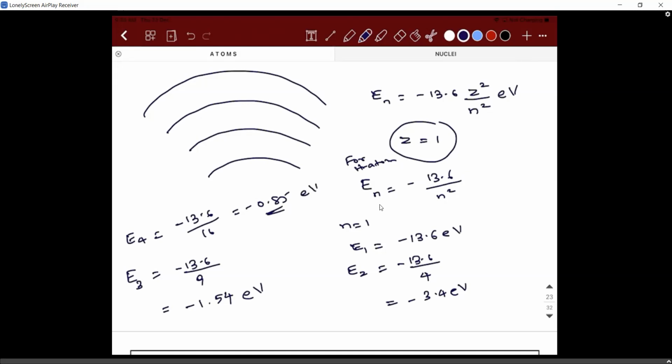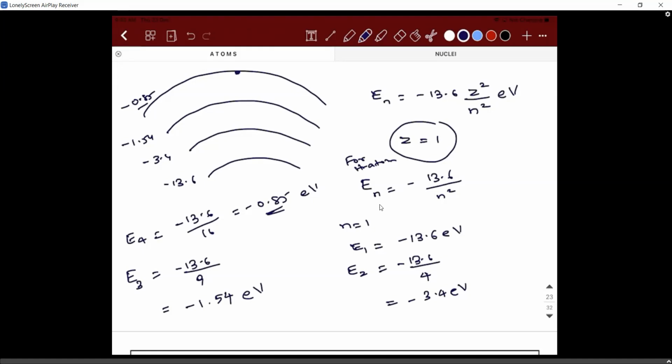So you are able to understand that the energy of the electron in this orbit is minus 13.6, here it is minus 3.4, here minus 1.54, minus 0.85 and so on. As you move away from the nucleus, what is happening to the energy? It is increasing, because that's what the concept says. When the electron is at a greater distance from the nucleus, it will have more energy. Don't look at the number, look at the minus sign. A negative of a smaller value is a bigger number, so the energy is going to increase.